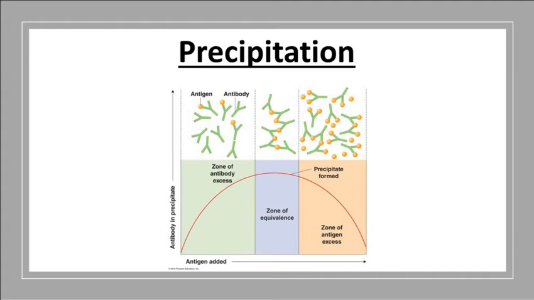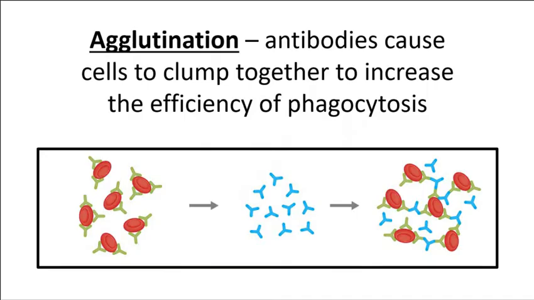They aren't going to move around. It's kind of the same idea as a sticky trap for a rodent. They get stuck. They can't go anywhere or do anything. Okay, so that is precipitation. They get heavy because they stick together and they fall to the bottom so that they can't go anywhere and cause harm. The next process is one you've heard of before, and that is agglutination,